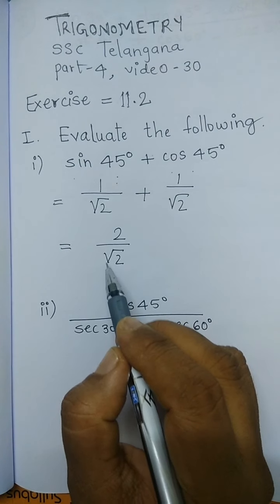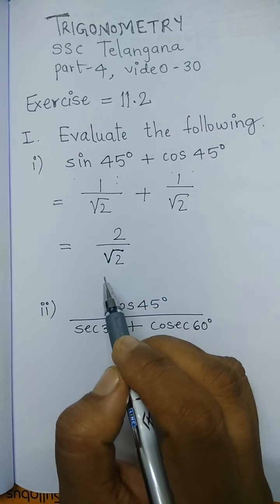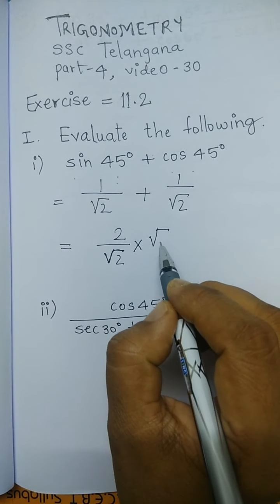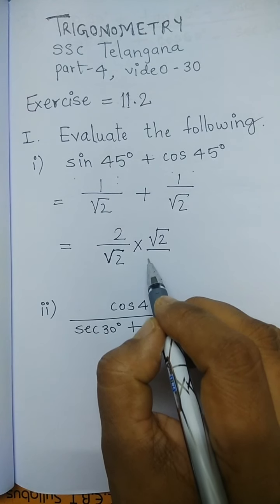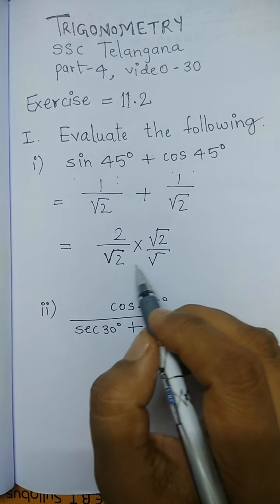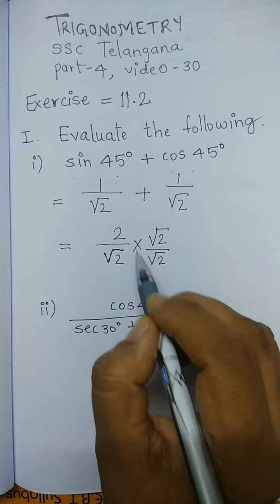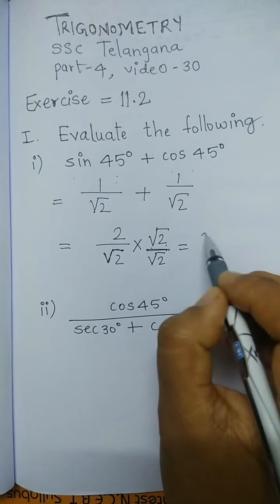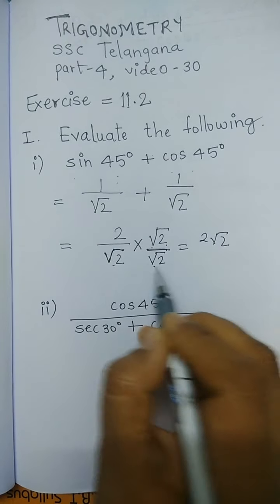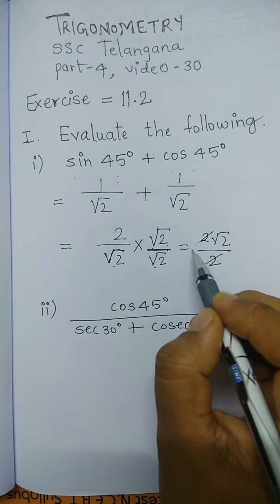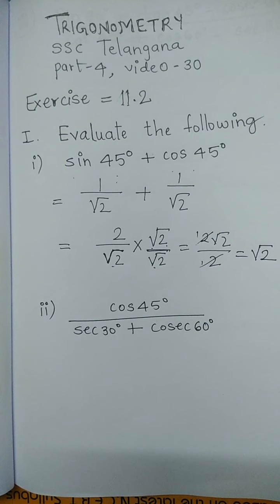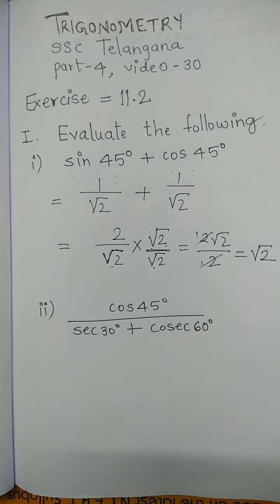Now in the denominator there is an under root sign, so we want to remove that. For that we have to rationalize. In 9th class you have studied how to rationalize the denominator. Rationalizing the denominator means multiplying by root 2 and dividing also by root 2. So you will get 2 root 2 upon root 2 into root 2, which is 2. So the 2 will get cancelled and you are going to get the answer root 2. In this way, you have to simplify such types of problems.